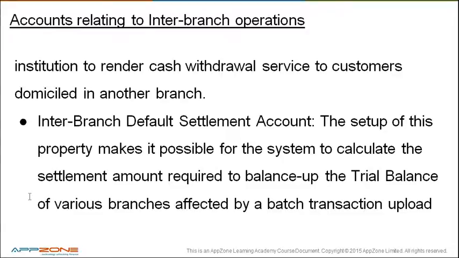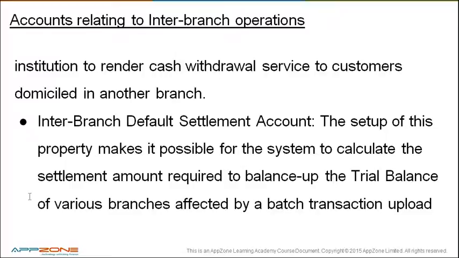While all these transactions are happening, there is bound to be an imbalance in the branch's trial balance, but with a default settlement account set up on each branch, the system still maintains an equal trial balance